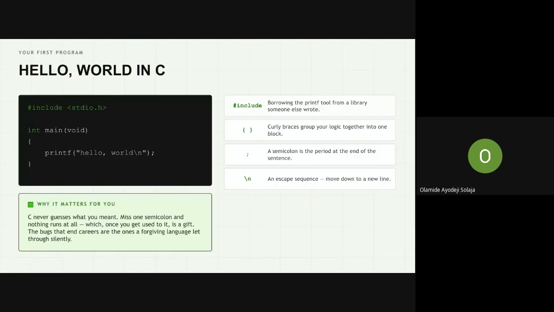So the next thing I would like to explain is curly braces. You know, we have brackets and we also have curly braces in C. For some of you that are familiar with Python, you don't need all these curly braces in some cases. For example, if you look at